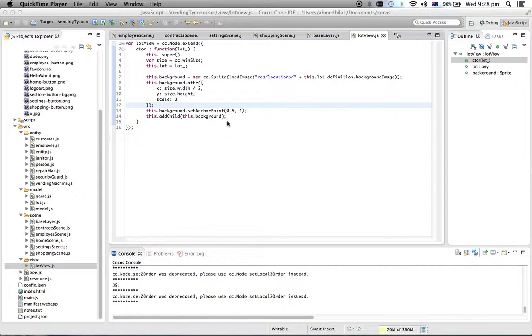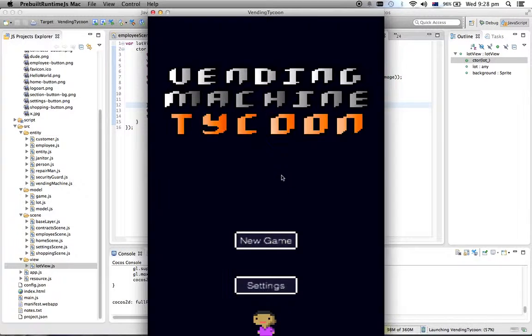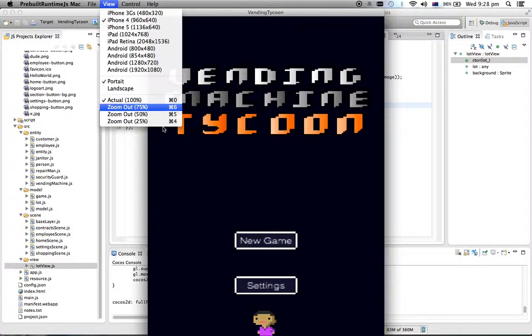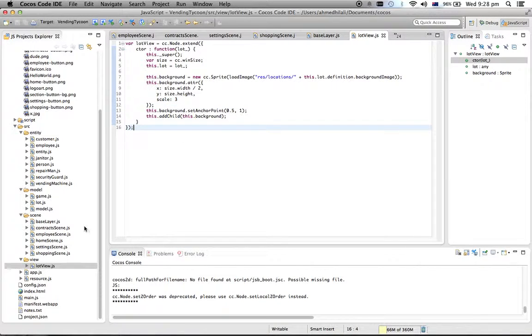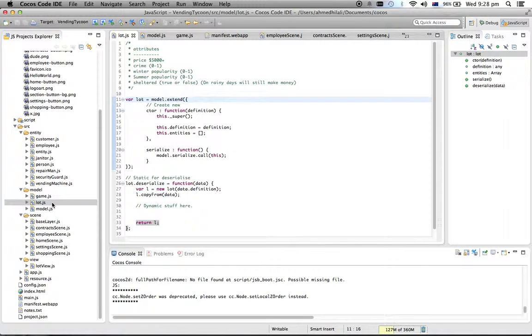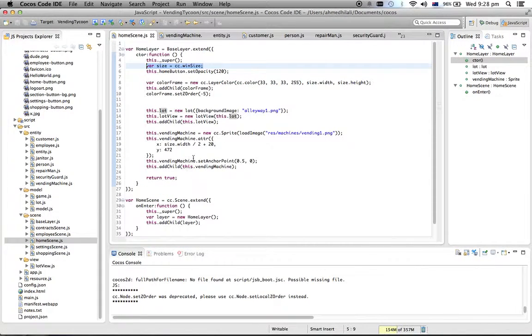All right, so I went ahead and did that, and drum roll. It looks exactly the same, but that's because it's supposed to. I only really did this to get closer to the finished product in terms of how the code works. Now, all I really had to do was get rid of the image from here, make a new lot model,